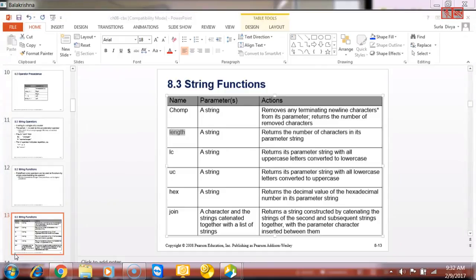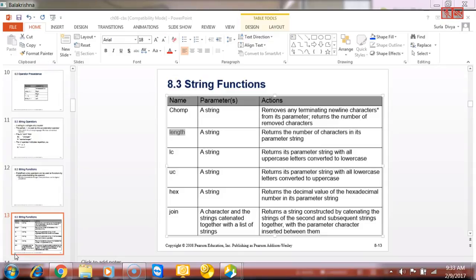For example, length of string. What is my string here? If I say $x is equal to hello, and then I say chomp, and let's say it has a newline character, chomp $x.